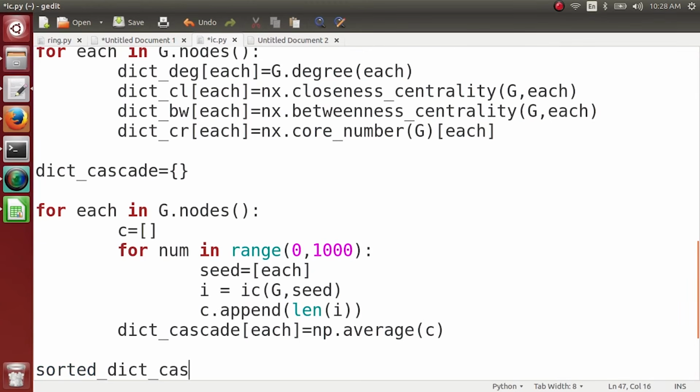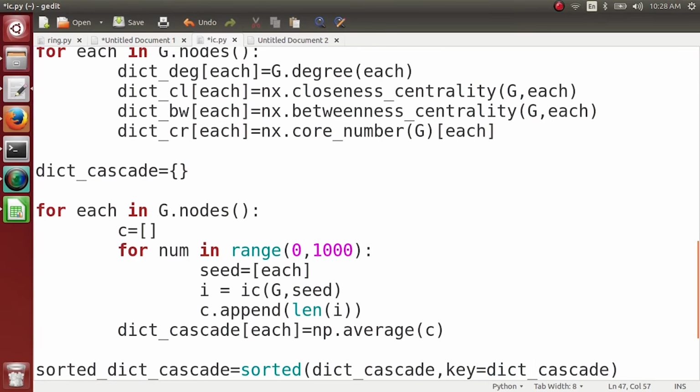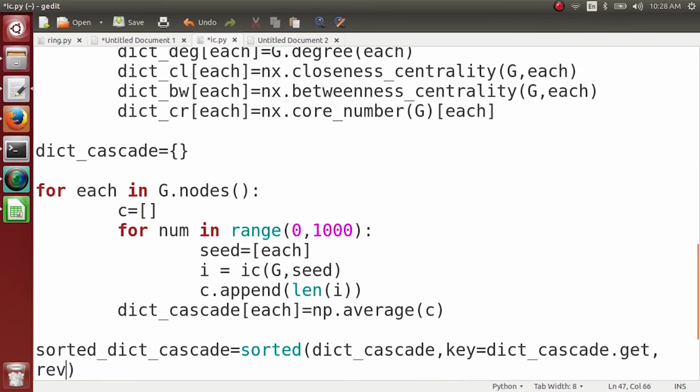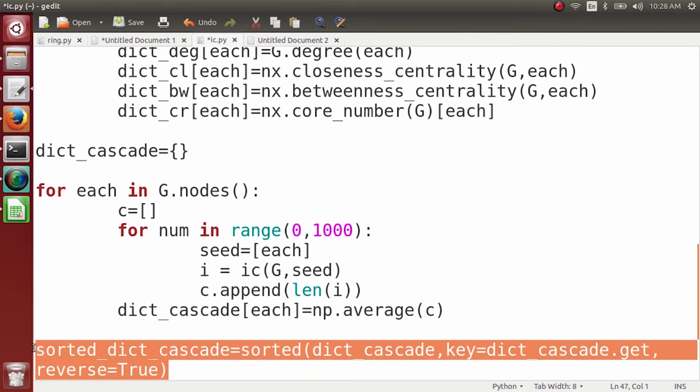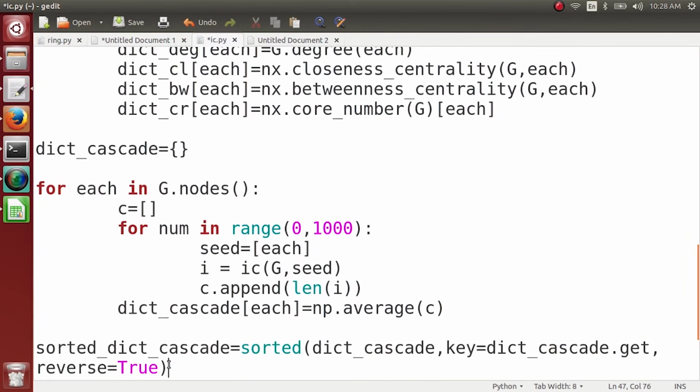So let's first sort this dictionary corresponding to cascade. There is a function sorted which you can call on a dictionary. So you pass your dictionary cascade here, and we want to sort according to the keys, which are going to be nothing but dictionary cascade dot get, and we want to sort them in reverse order. So we set reverse equals to true, and we do this with all the remaining